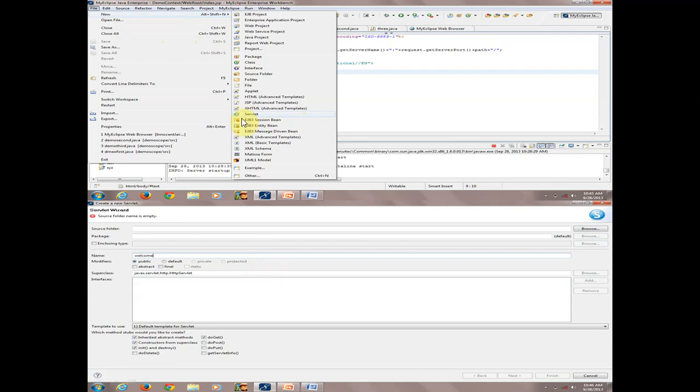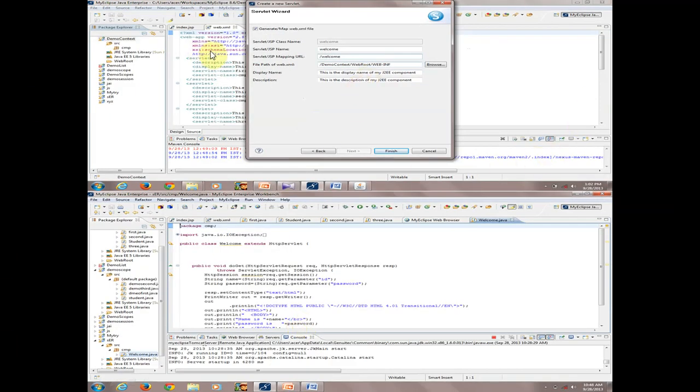Then you have to select servlet. First you have to select package, and you have to mention the name of package, and then you have to select name of class. So here servlet class is welcome, and you will write here package also, and accordingly it will display here servlet name is welcome, servlet mapping slash welcome, and path you have to mention also, path of web XML. Then you will finish it, then you will write the program.